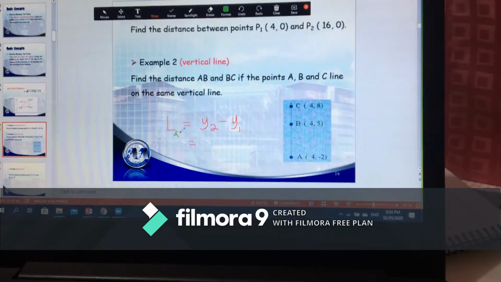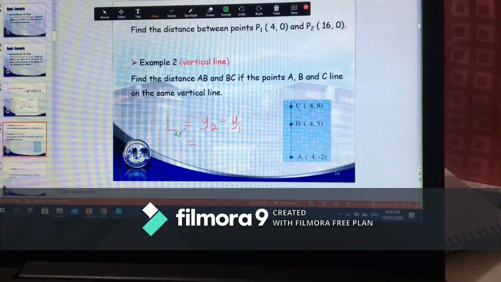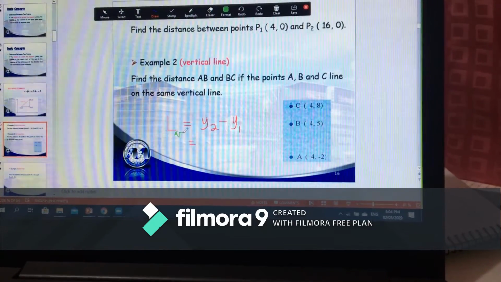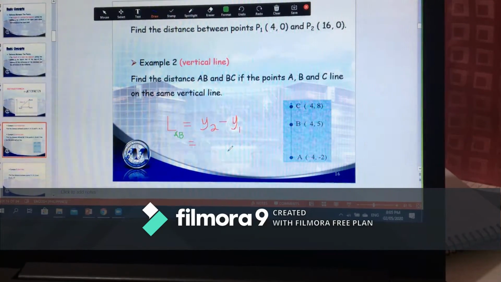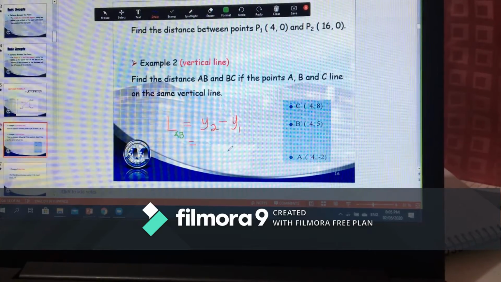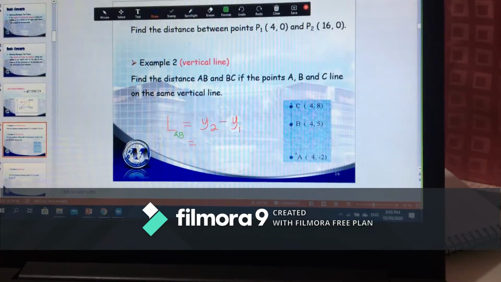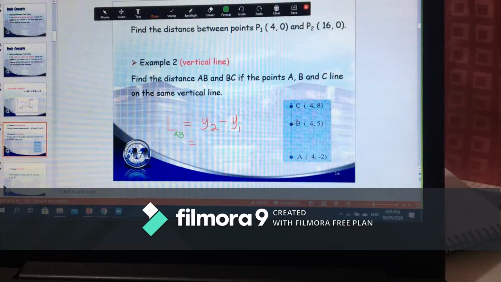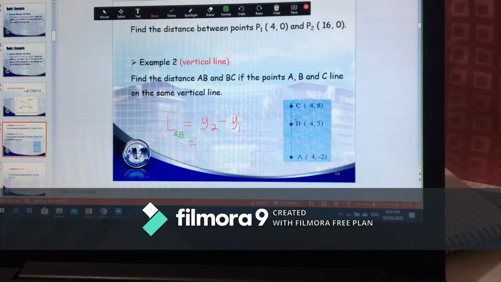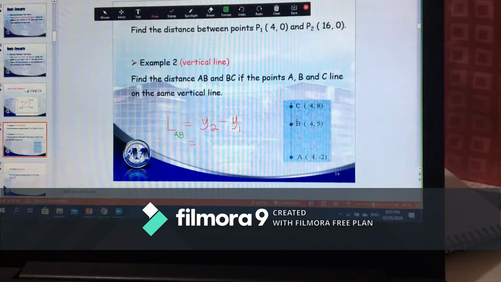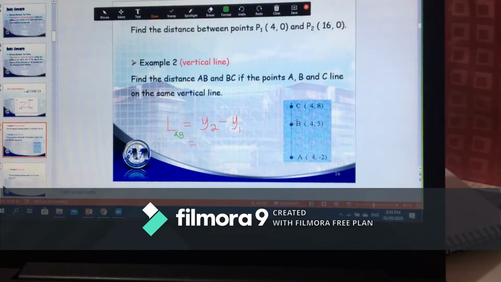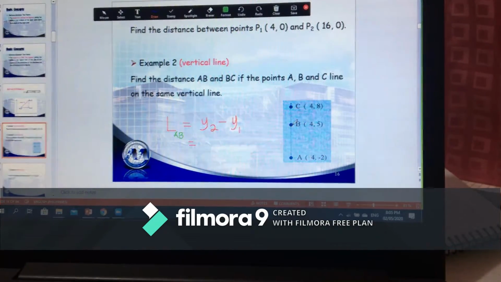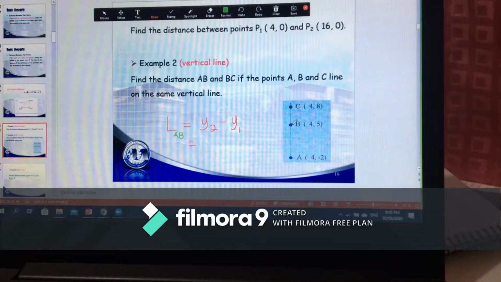So the distance or the length from A to B is equal to, ano yung definition natin kanina, is just the difference between the ordinate of the upper point. Ito yung upper point, AB. Ito yung upper natin. So, ang ordinate niya, anong ordinate nitong point na to? Class? Ano? Anong ordinate nito? Ano yung ordinate niya? Kasi ang definition natin, pag vertical na,